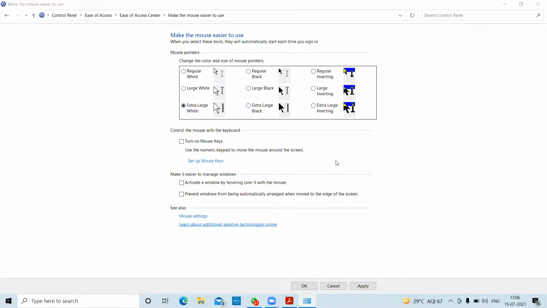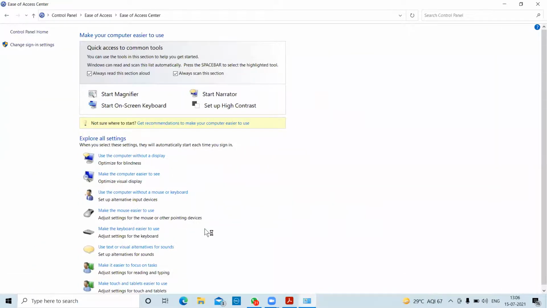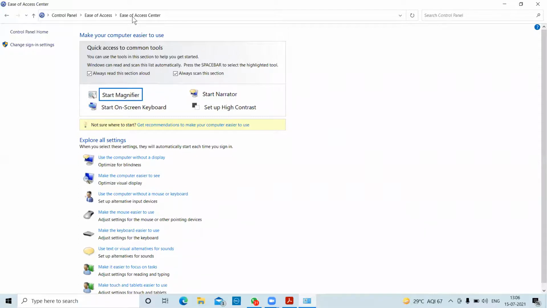Okay. And then I will apply, as you can see at the bottom of that screen. When I apply it, you can see that my cursor is larger as compared to what I had earlier. So this is how you can manipulate your computer system according to your ease, because it is named Ease of Access.